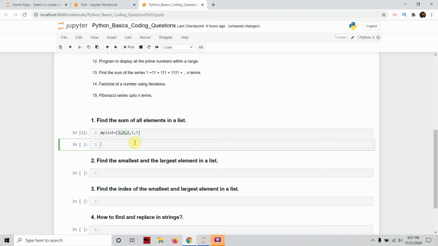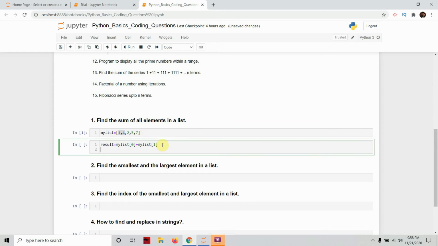First, what we want is a result variable that will store the sum, okay, and the result variable will contain my list of 0th index and my list of 1th index. So this was what we thought. First we'll sum up these two and then we'll keep adding the rest of the elements. Fine. So for that purpose we need a for loop or maybe a while loop. Let's use a for loop for now. For i in range, we want to start from the second index, right? 0, 1 and 2. From the index 2 we want to start,